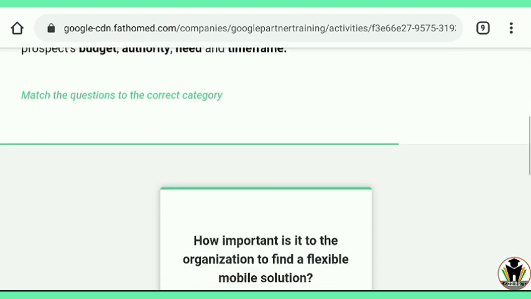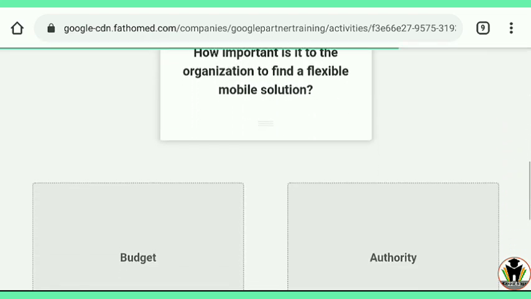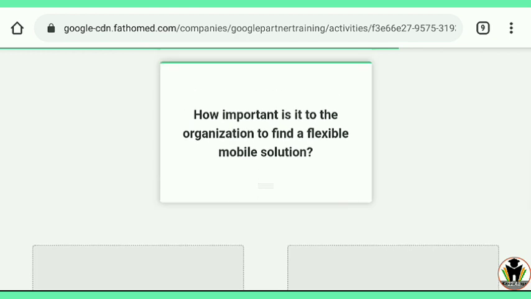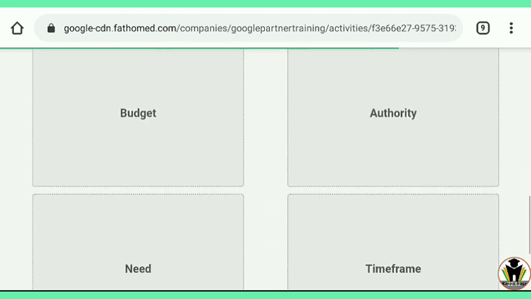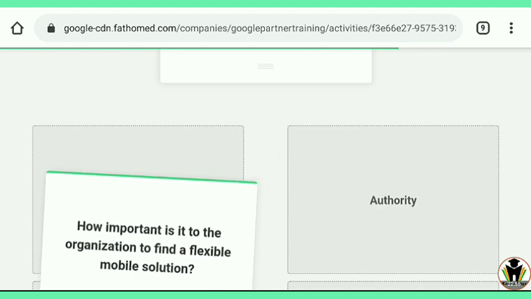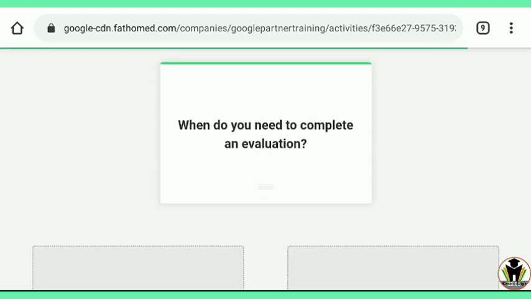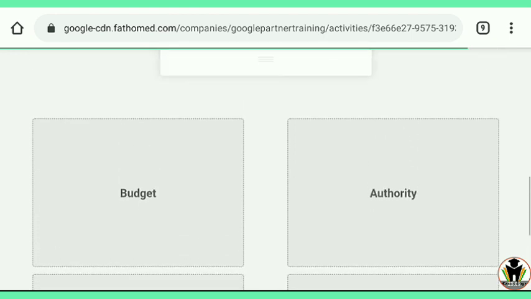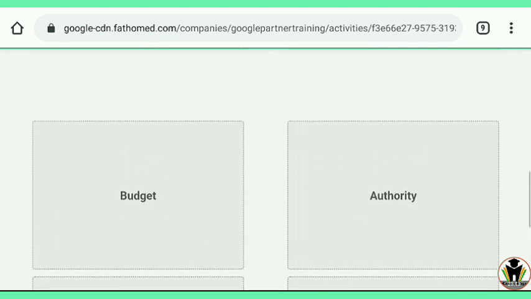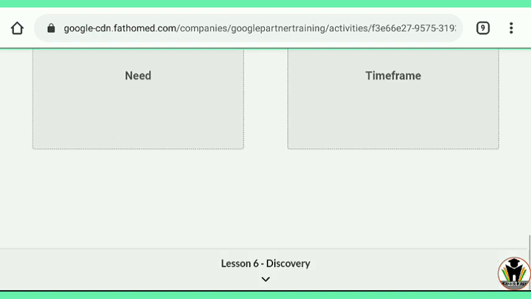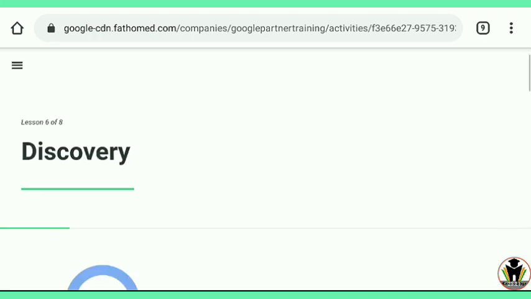And it goes for the need. How important is it to the organization to find a flexible mobile solution? Just tap on it, take it to the need box, and here when do you need to complete an evaluation? It goes to the time frame, and we completed with 7 out of 8 cards correctly.